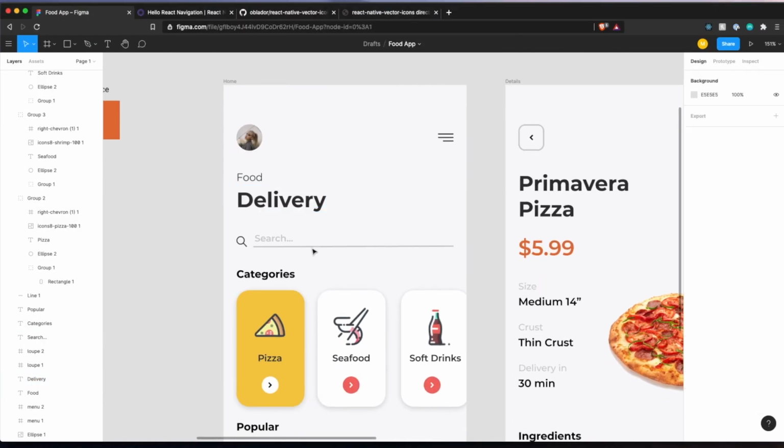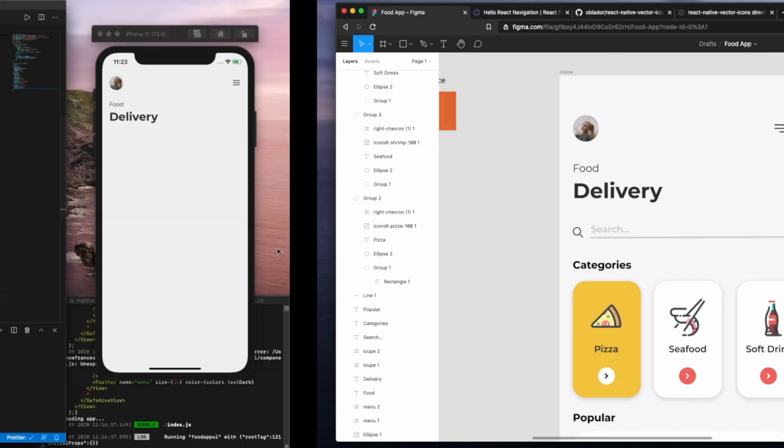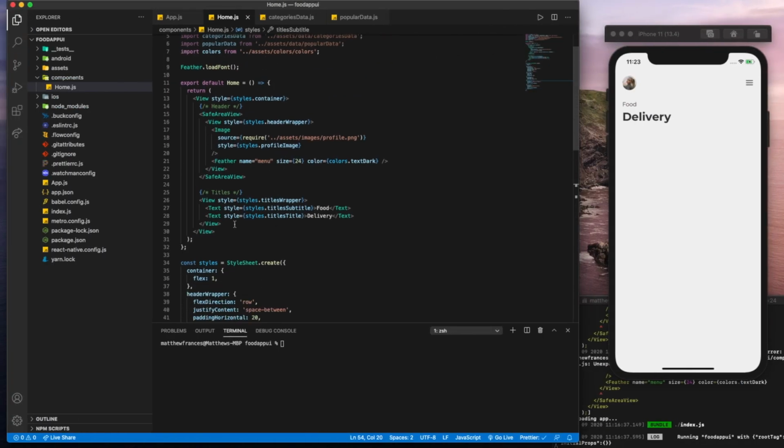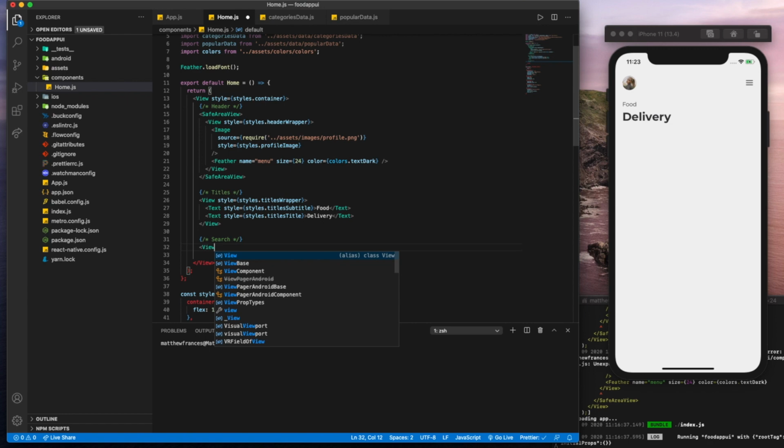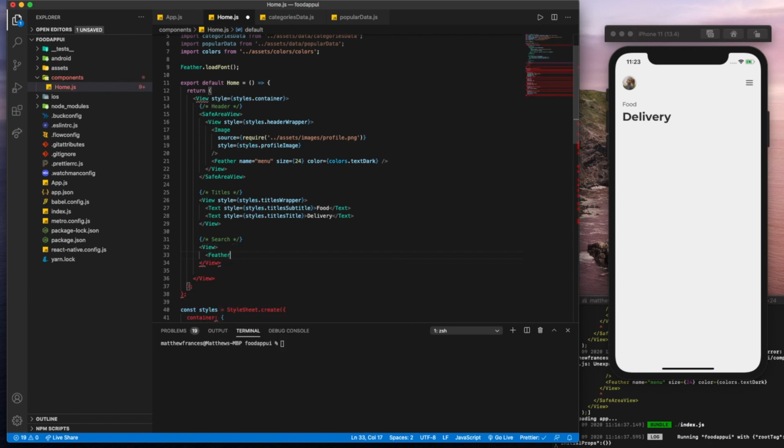Now we get to move on to the search. So search, we have an icon with a search box that's underlined. So let's code that. Right under the titles view, we'll add another comment called search. Here we'll add a view. Inside the view, we'll have another icon. In this case, it's going to be the search icon